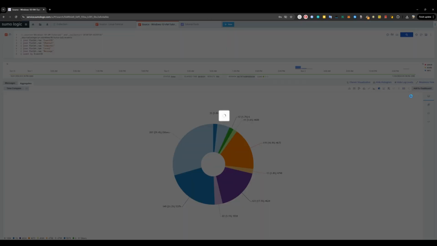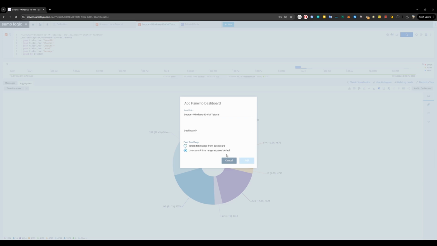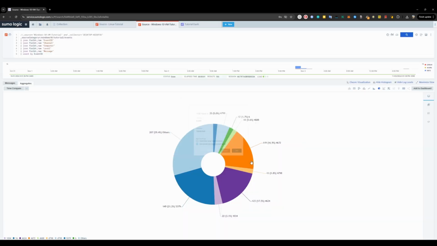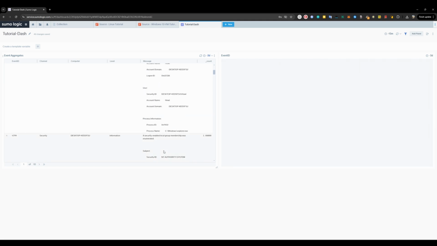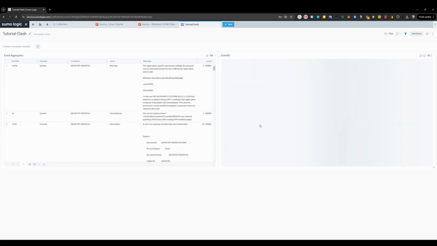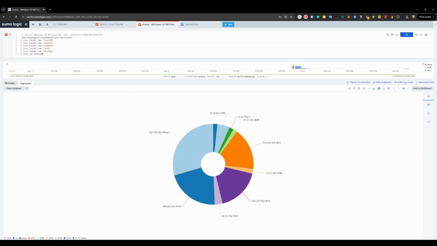So let's say I want to add it to the dashboard. Let's say I want to use the current time range as panel default, tutorial dashboard, event ID. So let me click on it, add. It has added the data. It will take some time to update. So this is the way we parse data for a JSON key. So for example, if you have a raw data